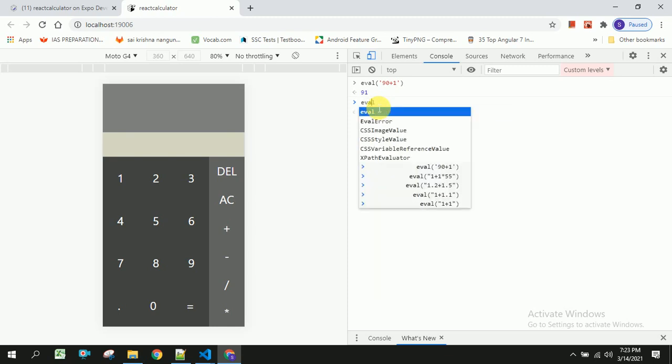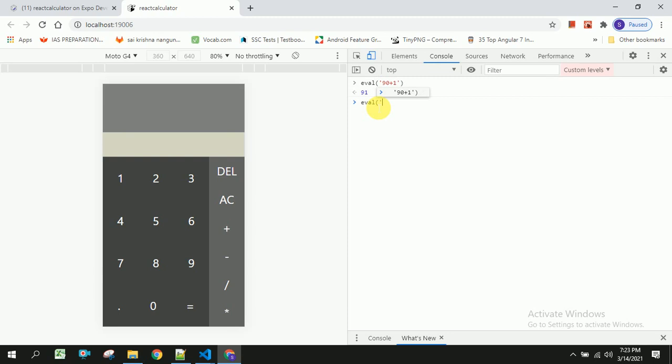And in the same way, if you place a string like 9 plus 1 minus 1 into 2, we will be able to get the result.